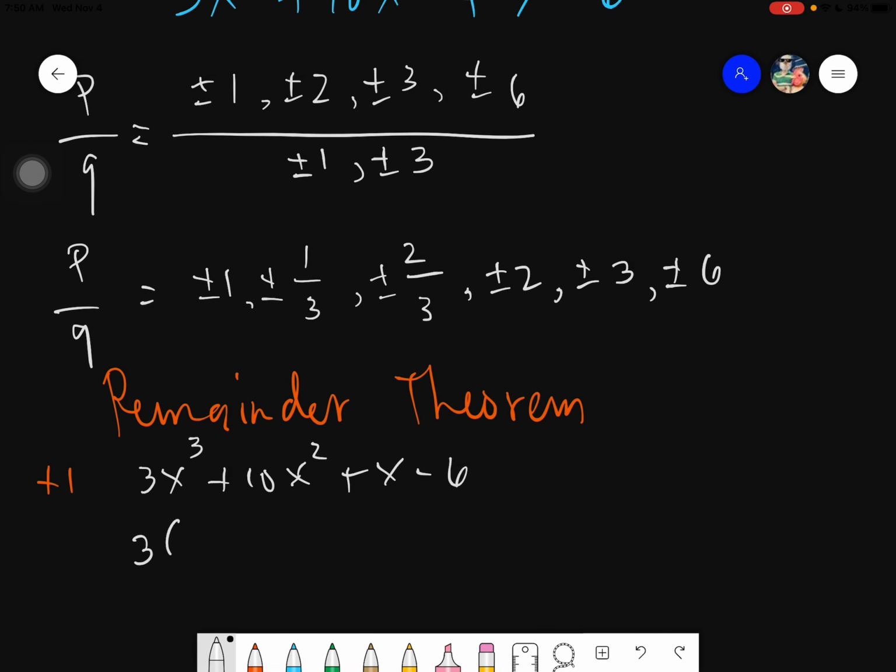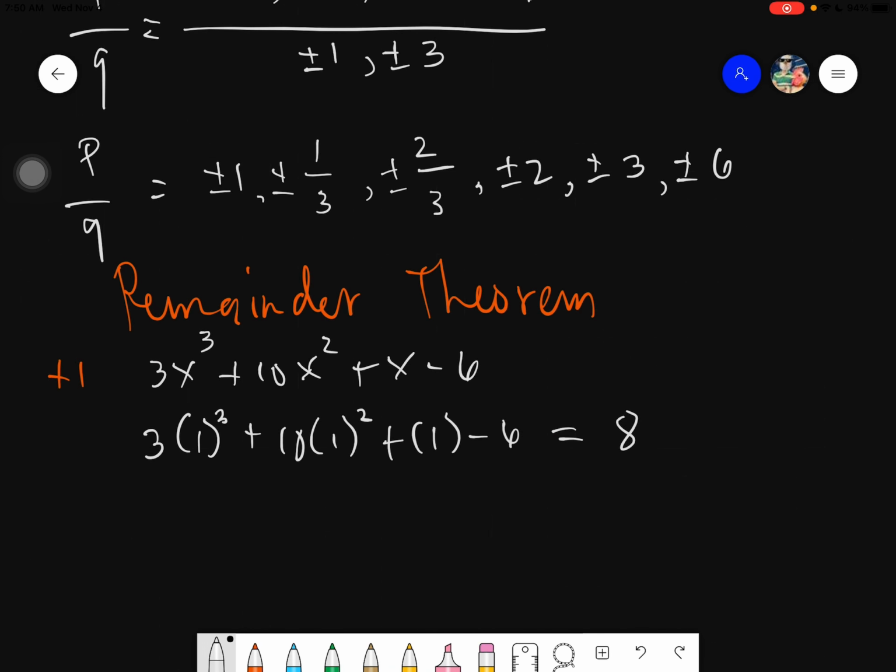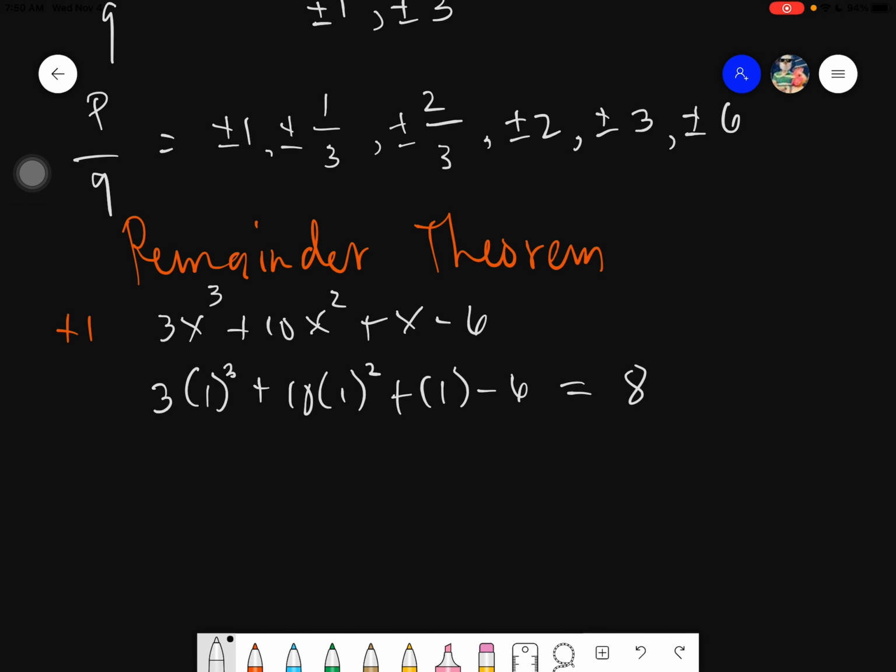Okay, so this would be 3(1) cubed plus 10(1) squared plus 1 minus 6. This will give you an answer of positive 8. Okay, you can use your calculator for this one. If it is not a factor, or if it's not a 0, therefore you skip to the next one. Maybe let's try negative